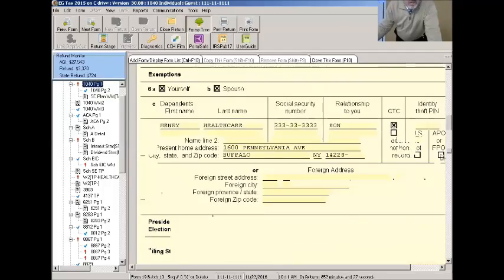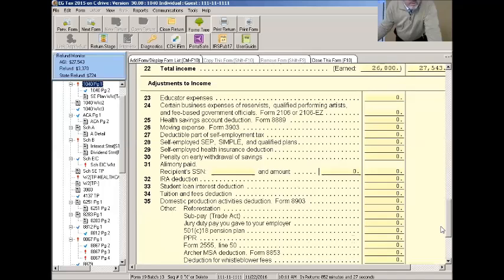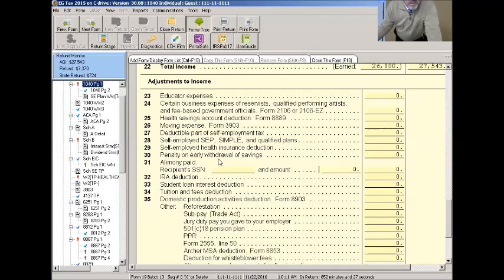Next one down is self-employment. We did the penalty on, like I said, the early withdrawal of savings. Just remember, that's from when we have it on our 1099-INT. It just carries over here. Line 31,